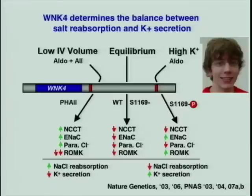This got us to thinking that, well, if this is true, perhaps there's a third state of this protein that would actually mediate the converse, to maximize K secretion without maximizing salt reabsorption. And a very talented undergraduate at Yale, Aaron Ring, who is now an MD PhD student at Stanford, demonstrated that this is in fact the case, that